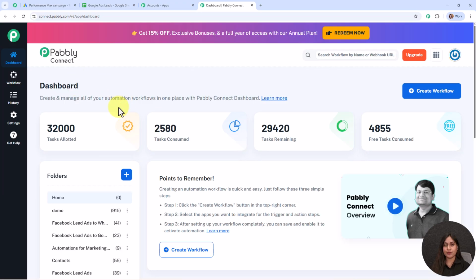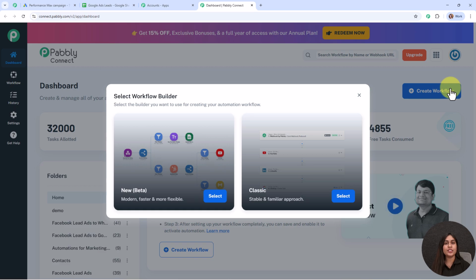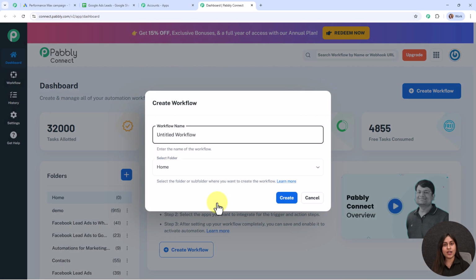Now this is the dashboard of Pabbly Connect, and to build my connection, I need to create a workflow first. So for that, I'm going to click on this create workflow button given on the top right corner. And then it's asking me to select the workflow builder. Here you can see two options. One is new beta and the other one is classic. The beta version is modern, faster and more flexible, whereas the classic one is the stable and familiar approach. In this video, we are going to use this beta version by clicking on this select button,